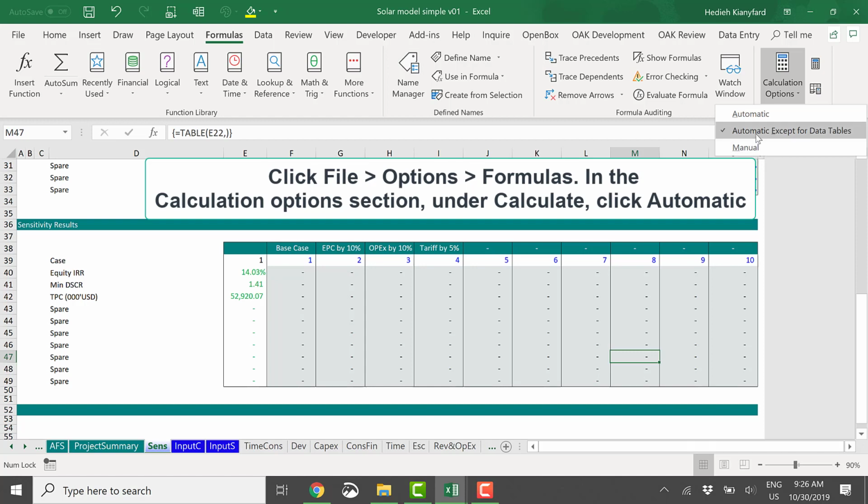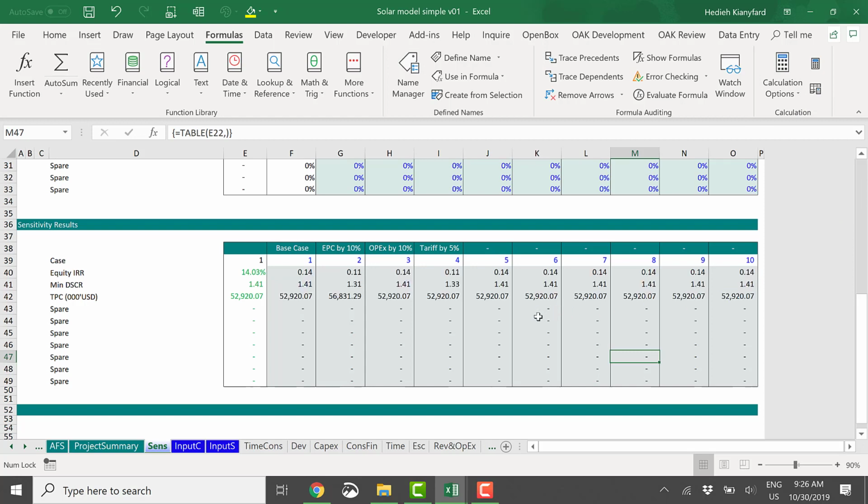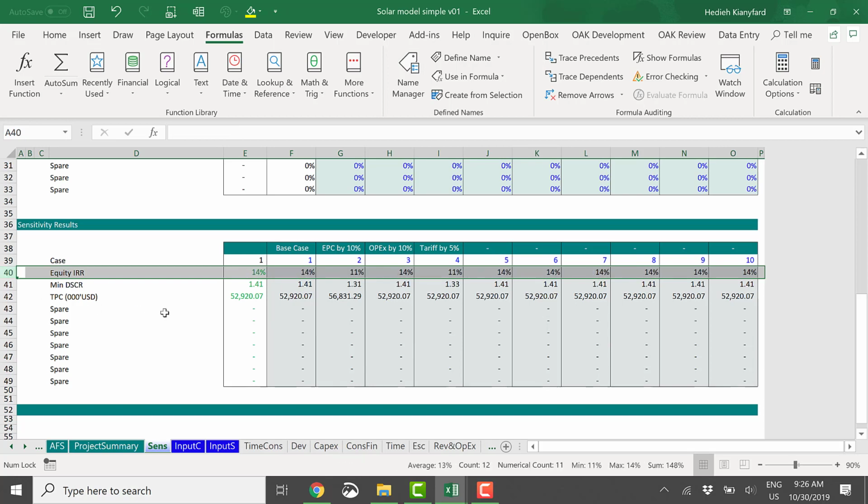So this one is on in my model, and I usually leave it on because data table tends to slow down the spreadsheets. So what we do is that if you have a data table in your model, you want to check this option so that it doesn't slow down. And once you come to the sense sheet and you want to activate it, you can just press F9 or come and recalculate the whole worksheet to update your data table. So now if I switch to automatic, you will see that now the numbers will change. So I'm going to just change the format here. So you will see that